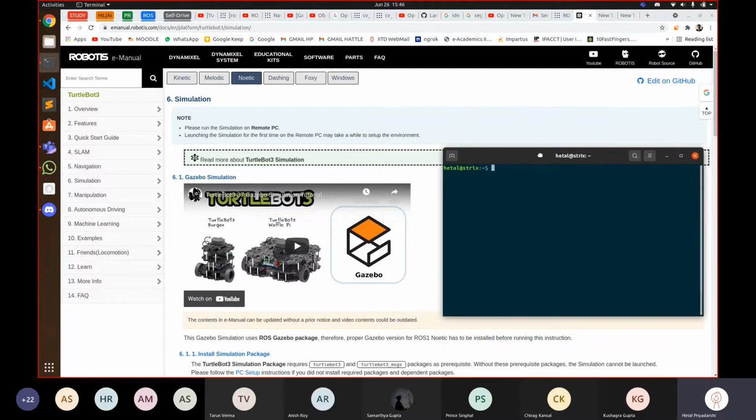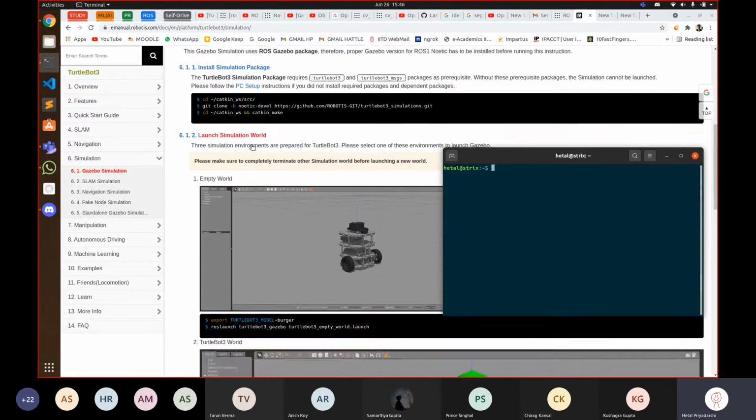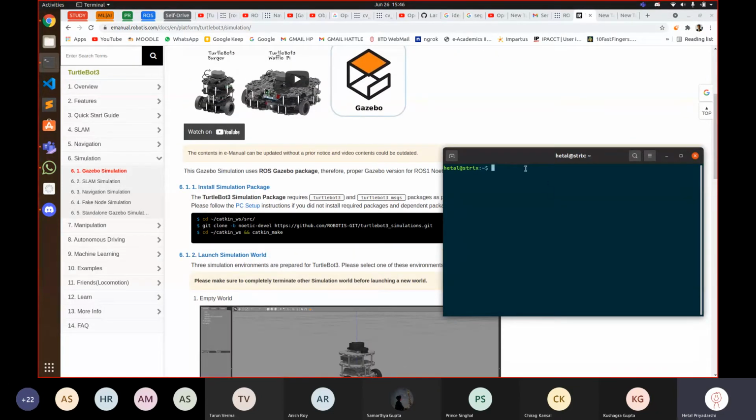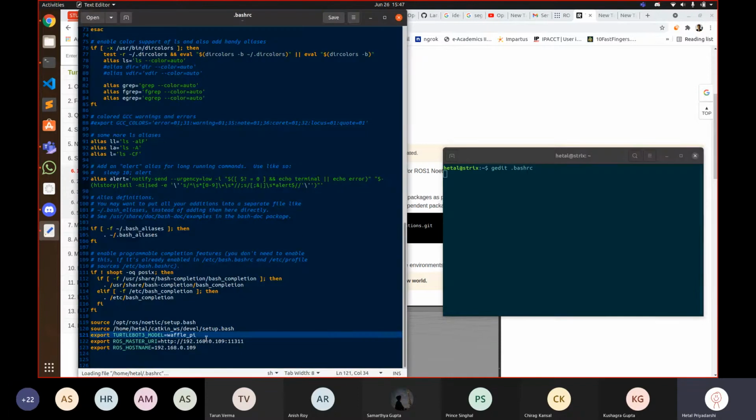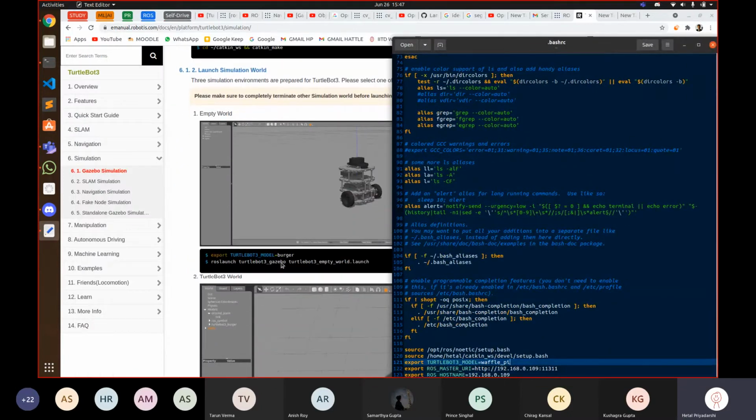So after this, you have to come to the Catkin workspace. Now we'll be doing the simulation parts. So we change directory to catkin workspace. After 6.1.1, just show them your bashrc once and tell them that you can put the TurtleBot model in it also. There is this command where you always have to specify which robot you will be using.